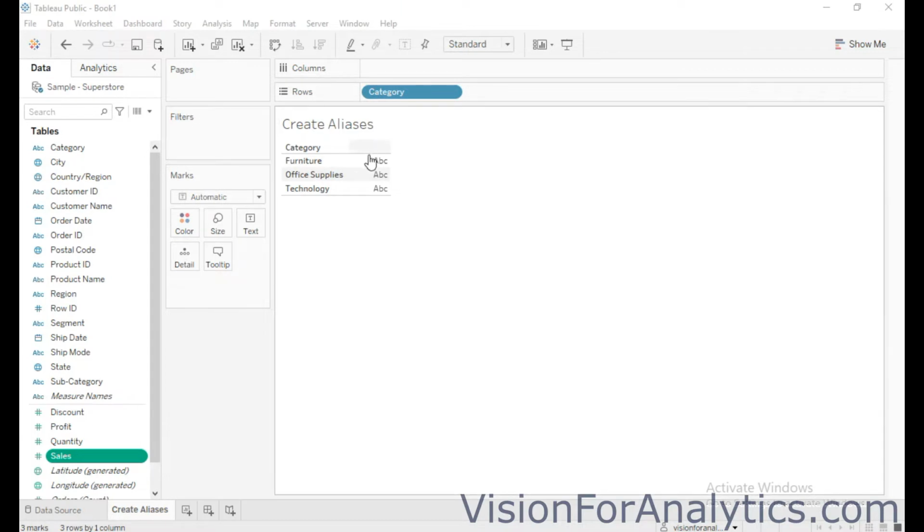Hello everyone. In this video you are going to learn how to create aliases to rename members in the view. So you can create aliases for members in a dimension so that labels appear differently in the view. Aliases are nothing but alternate names that you can create for the members in a dimension. You can create these aliases only for a discrete dimension, but you cannot create aliases for a continuous dimension,